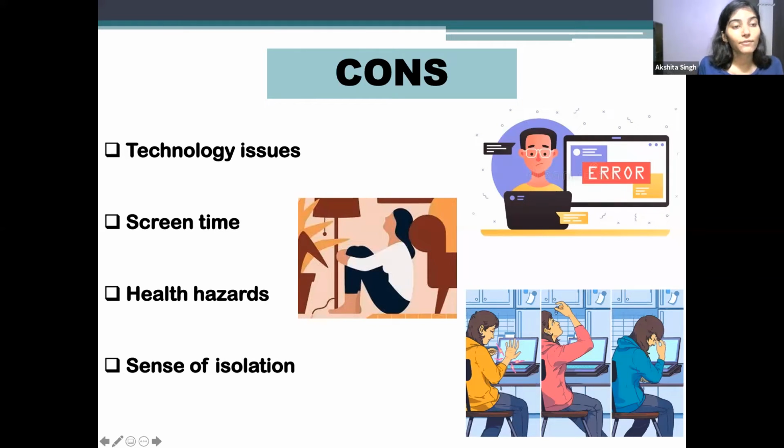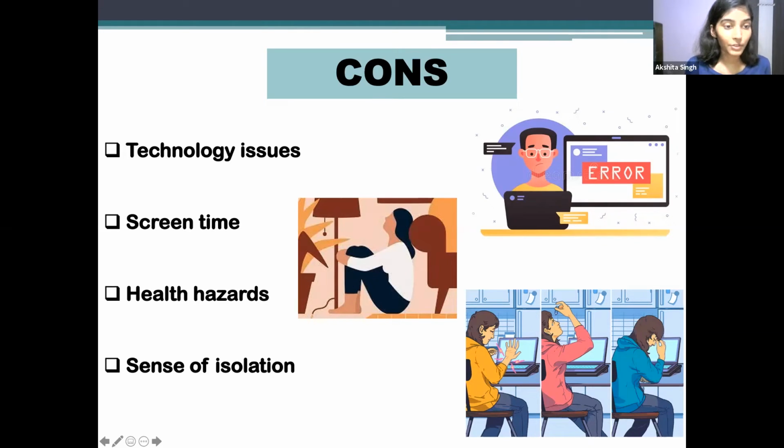But it's not the same for teachers. They also have to sit for long periods of time in front of the screen, which is equally harmful for them as it is for students. Checking home assignments and papers and all other things takes a lot of time, which highly affects their health. And we cannot avoid the point that most of our teachers are in the age of 50 to 60, and in that age sitting in front of the screen and checking papers or whatever they are doing really affects their health in a very bad way.